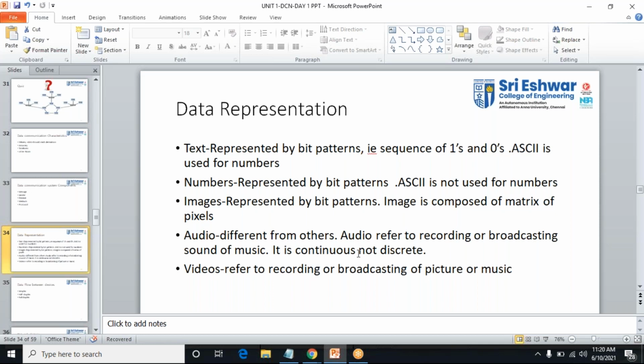I think you have learned signals and systems, right? Continuous signal, discrete signal. What do you mean by continuous? Generally, what do you mean by continuous signal?